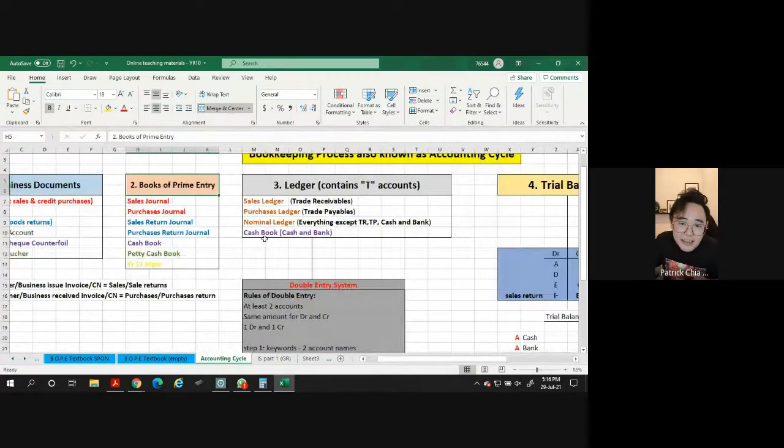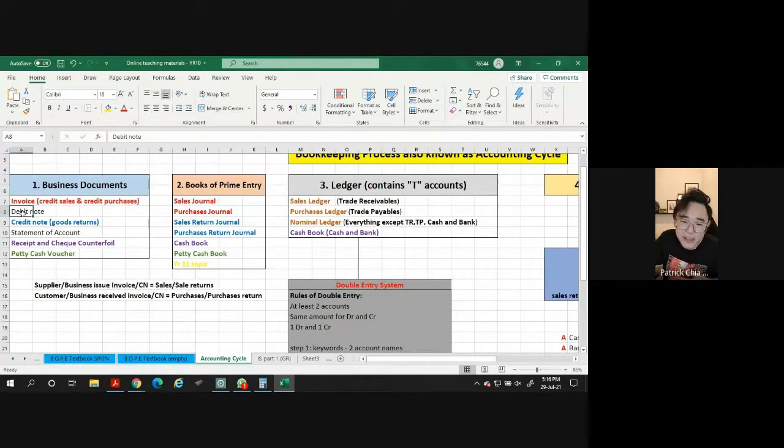All right, now the next thing will be all the names. A lot of people are always confused because of the names. They don't know how to differentiate debit note, credit note, what's the difference? They don't know how to differentiate what is sales journal or what is sales ledger. Sometimes it's just like, which name do I put? Because if they ask you a very specific question, which one to use, and you put the wrong name, that's it, GG straight away. So you need to know which terms to use. Okay, oops, sunshine is up. So sales ledger.